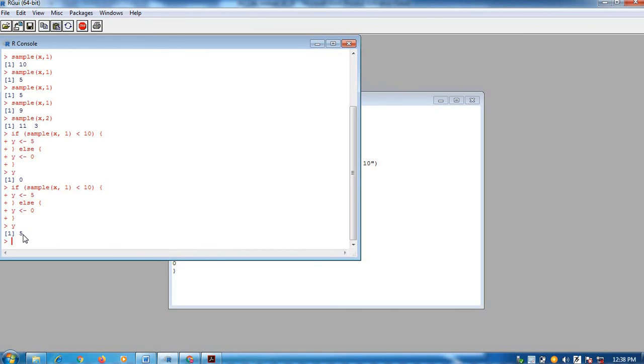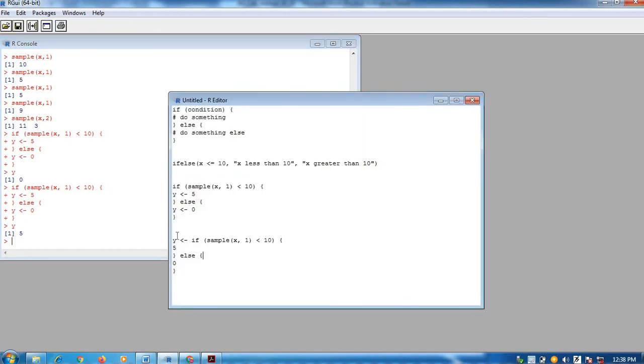From this we can conclude that when it took a sample having value less than 10, 5 was assigned to y, and that's why you can verify that 5 is displayed for the y value. So I hope you have understood it.